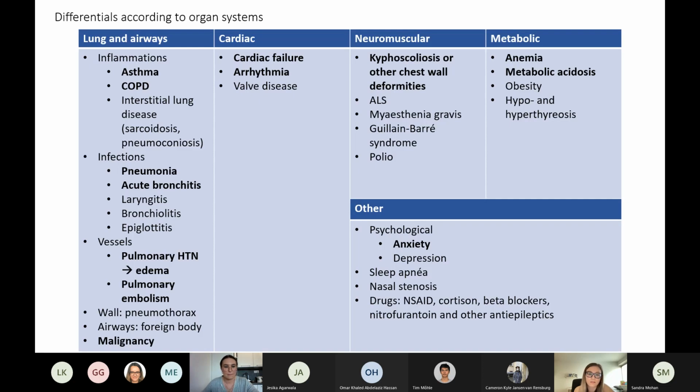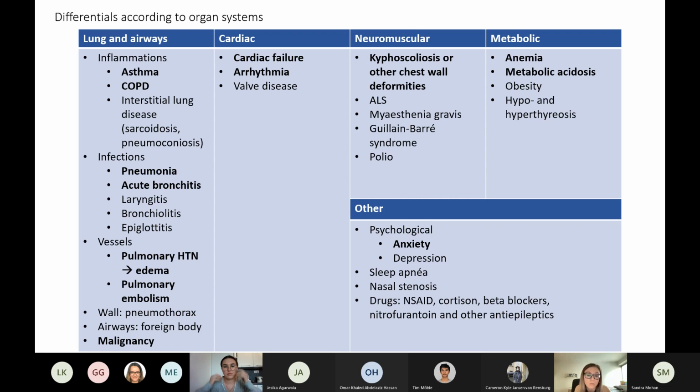Okay, so these are now the differentials according to the different organ systems that can be affected and that can lead to dyspnea. This is what we would start off with straight away when someone has dyspnea: all of these different systems that could be affected. And as you can see, we've highlighted the ones that are most likely to occur. So for example, in lung and airways, it could be